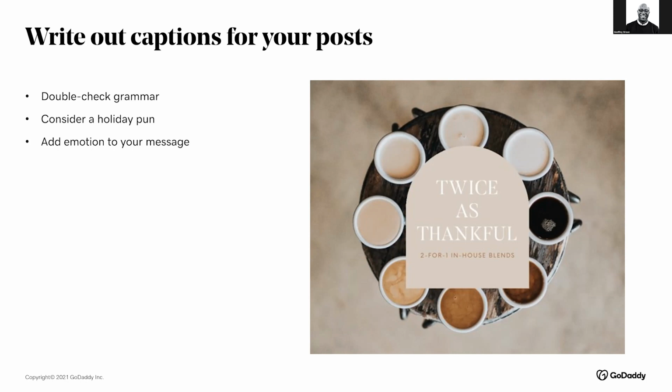So I want you to use this really huge time-saving social media tip. Break out a Google Doc or a spreadsheet or a Word doc or a composition book, whatever format you feel most comfortable with. And when you have a free moment or you're sitting down to do this social media calendar and you're planning everything out, use that time to write down some captions so that you don't feel rushed to come up with copy when it's time to post. Even if it's just the hook, line, and sinker, add something creative, make sure it's cute, and then the rest of the information you can fill in when the time comes.